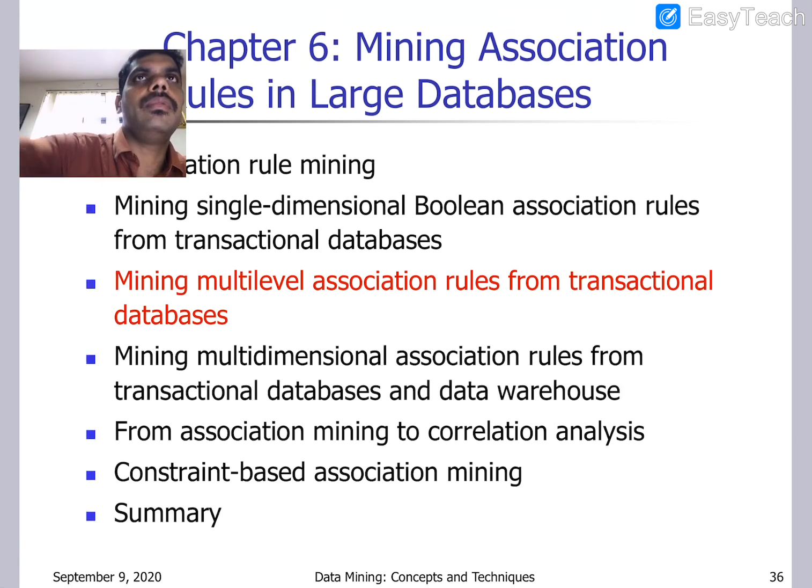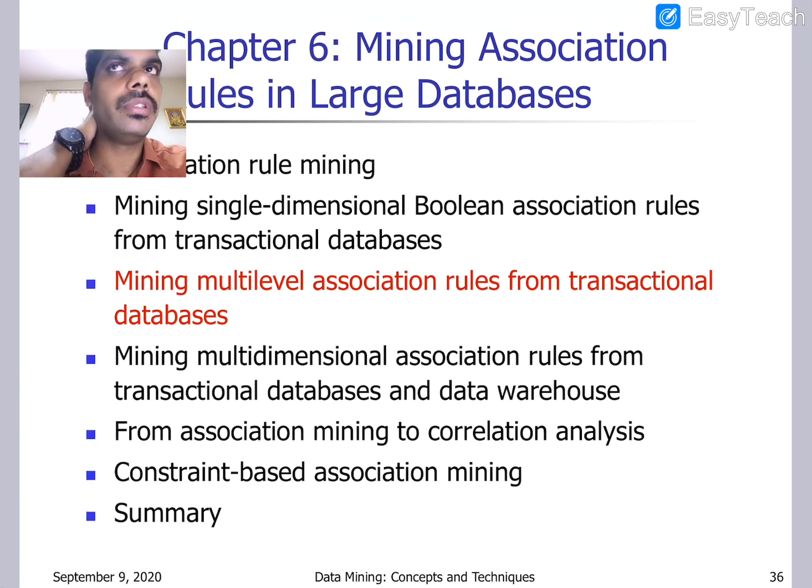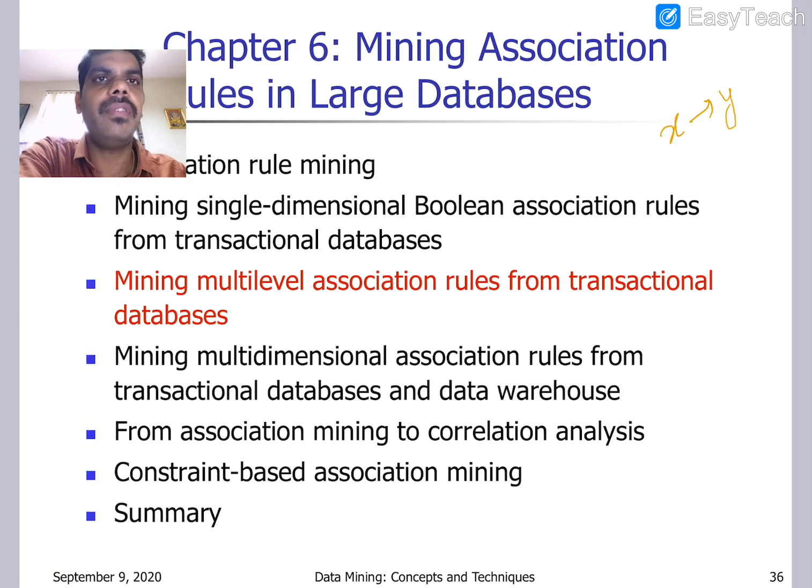Next, mining association rules. All of you put the heading: mining various kinds of association rules. So already, what is an association rule? The association rule is simply X extends to Y. That means X exists, and in the same way Y also exists. So this is a simple association rule. We are provided with support and confidence, and what the support value and the confidence value are, that we have also discussed, yes or no?